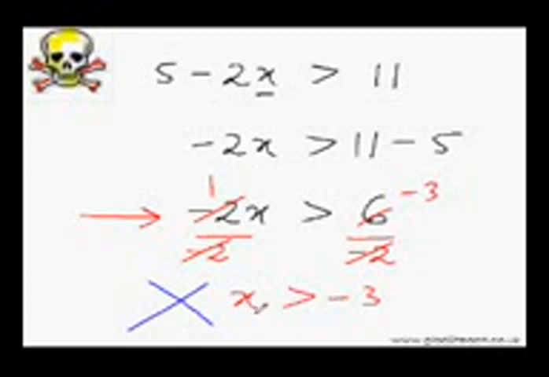The rule of inequality says that whenever we divide or multiply by a negative number, we have to change the direction of inequality. That means if it is greater than, it will become less than. If it is less than, it will become greater than. So basically whatever it is, it will become the opposite of that. So the correct answer would have been, since this was greater than, it would have become, yes, absolutely correct, less than. This would have been the correct answer.